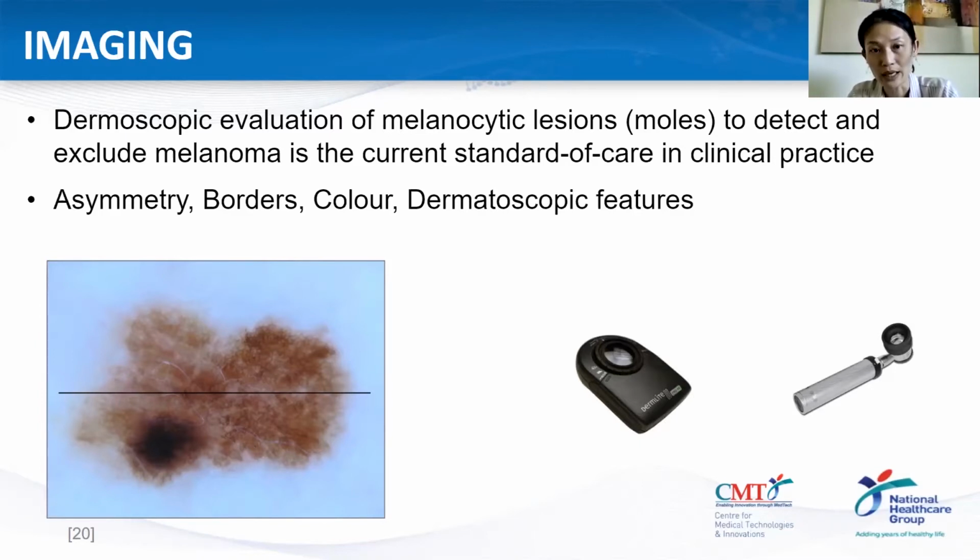dermatoscope. And we have 5 things that we evaluate: A, B, C, D, E, E being elevation. So asymmetry meaning that you draw a line across the middle and then you have a look to see whether it is symmetrical or not. Borders meaning if the borders are clear cut. Color, if you have more than 2 colors, then that's a bad sign. The microscopic features including vessels, whether there's a white gray veil. So there is a calculation. You can score that, calculate, and then you get a number, and that will show you whether this lesion is